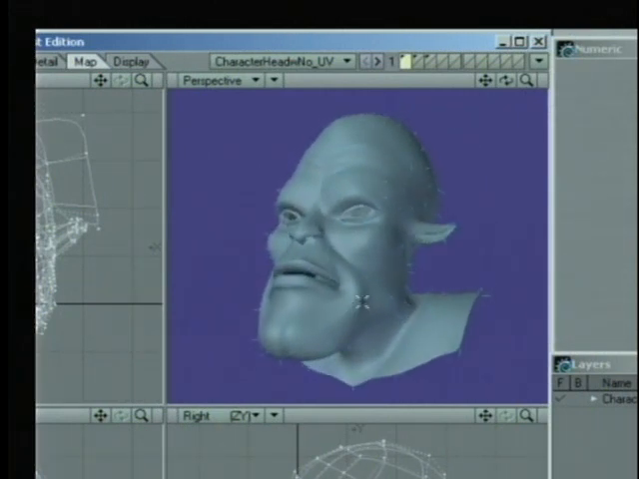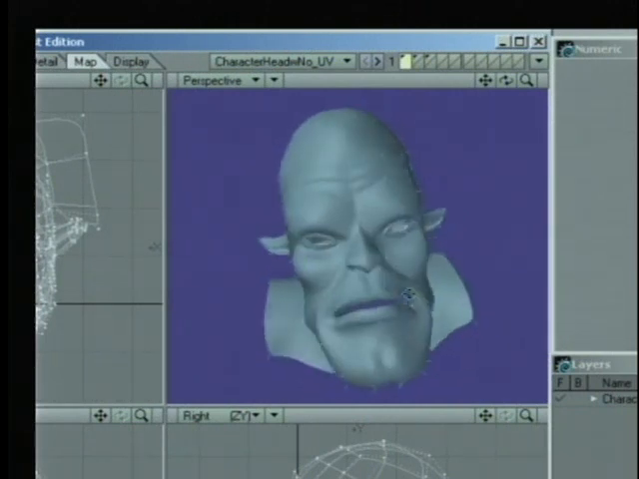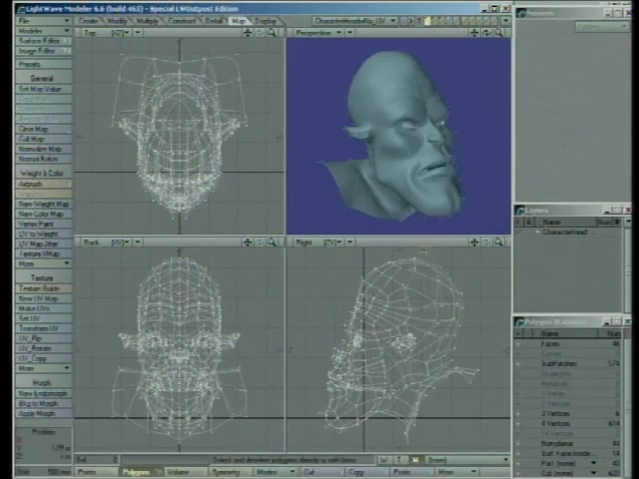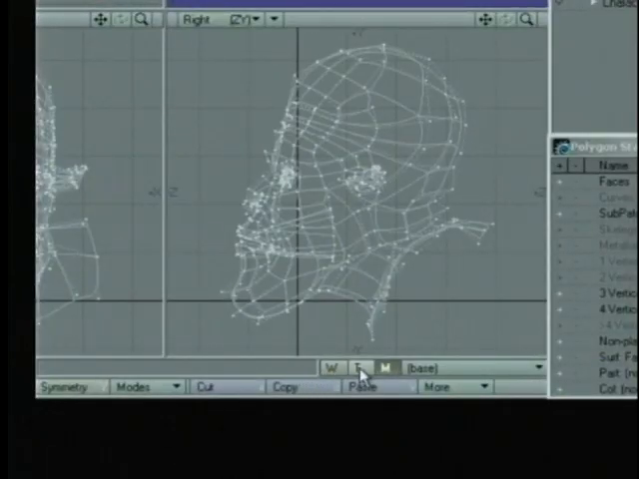One, I can paint on that map in a paint program to generate my texture, and then I can use that UV map to assign the texture back to the model. So first of all, what we need to do is create a UV map for the object. To do that, we come down here and we'll find at the bottom of our interface three options, W, T,